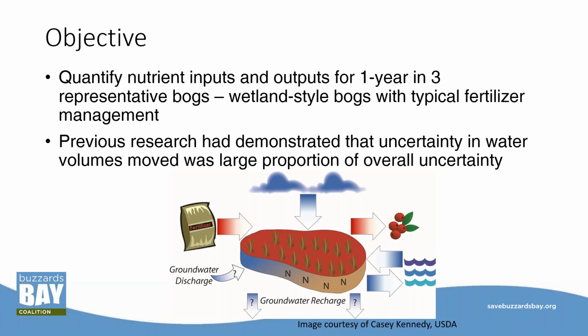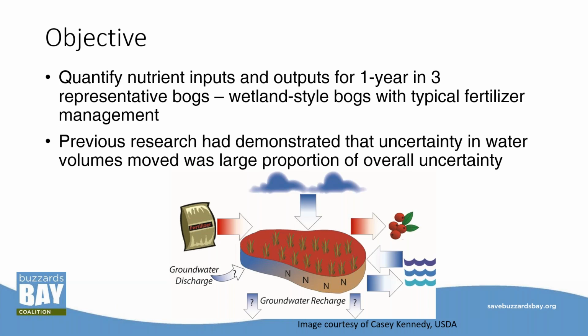And if you think about what the inputs and outputs are, this cartoon on the bottom shows inputs including fertilizer onto the plants, atmospheric deposition, and surface water carrying nutrients. And then our outputs are the surface water going back out, the harvest of the berries and the leaves that come off during harvest. And then you see there are question marks for the groundwater discharge or recharge. And that's because, depending on where a bog sits in the watershed, it can be either a source of groundwater